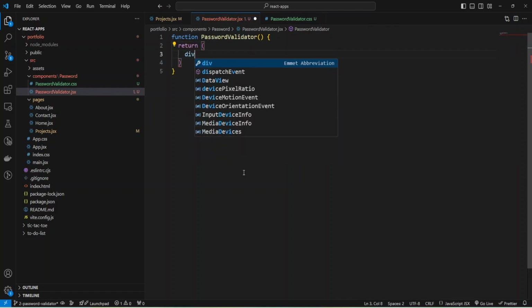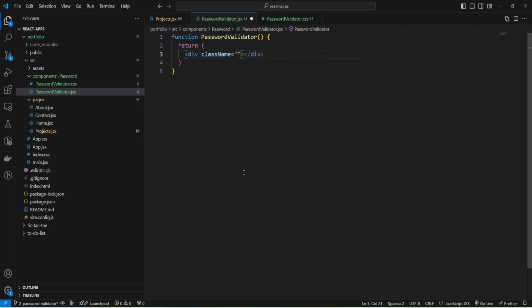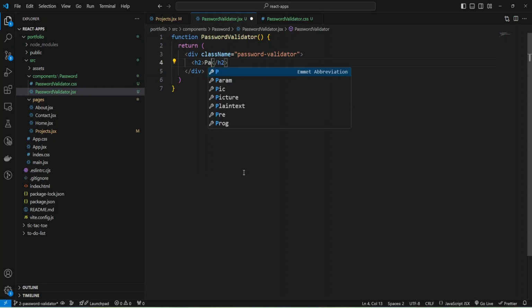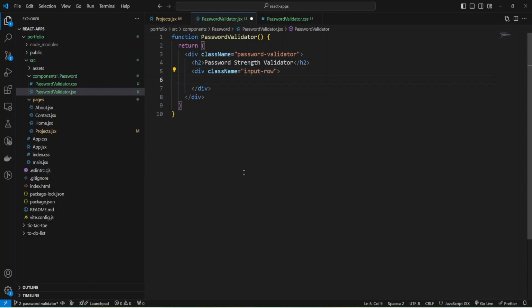I'm going to add div with class name password validator, and inside div I'm going to add h2 tag and provide password strength validator data. And also I need some container for my input and button. It will be div and provide class name. Let it be input row.